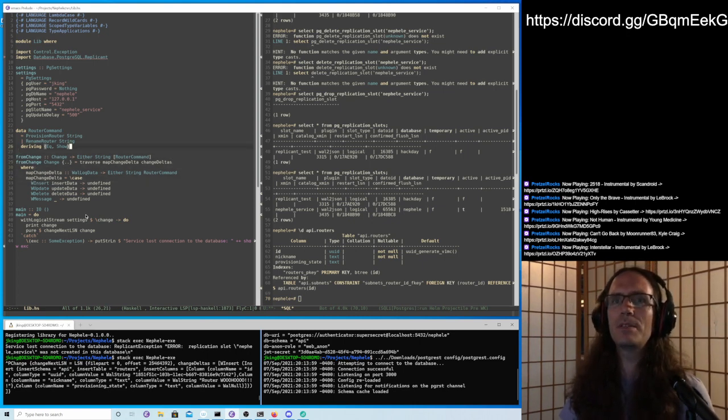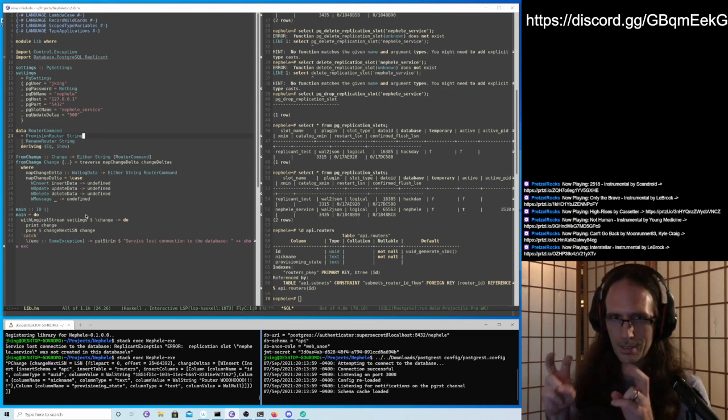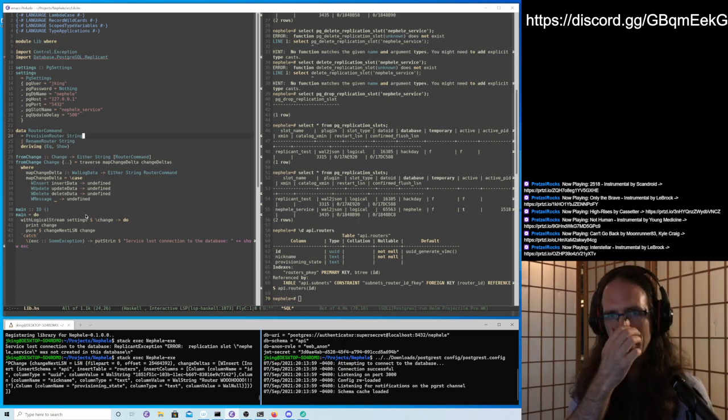Okay, so we need to map from a change to our specific domain events. We're going to map those out right now as, say, provision router and rename router. So provisioning a router, there might be a bunch of parameters to it in a real application. We're going to give it a string, which is going to be our ID, but we should really have an actual ID type and all that kind of stuff in a real application.